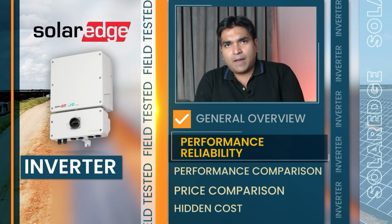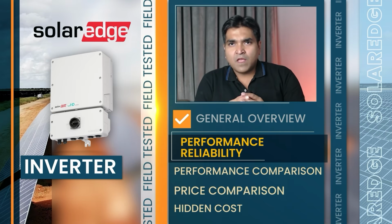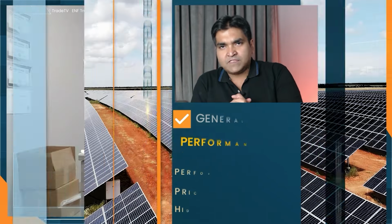Speaking of performance and reliability, you have worked with many different products over the years, not just SolarEdge. How would you rate their overall performance? I have SolarEdge at my house. I installed a system at my house, and I installed a system at my mother's house. I believe in the product so much. Some of the things I want to go over are their safety features, their built-in arc